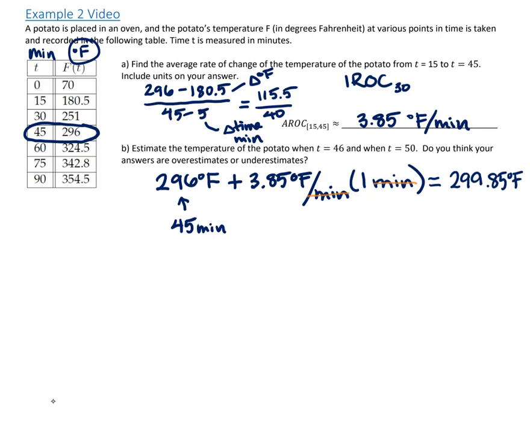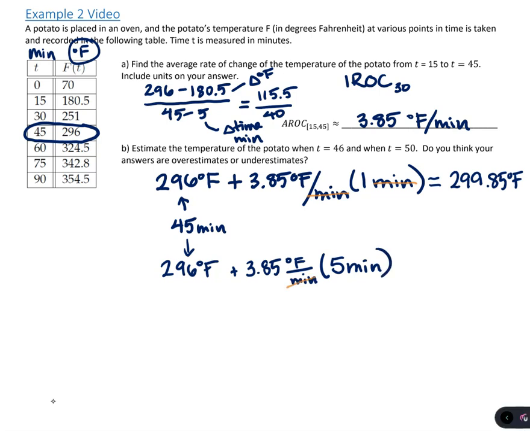Okay, we're also asked to do the same thing for t equals 50. So I would still say our closest place to start from is the 296 degrees Fahrenheit at 45 minutes. We could go over to the 60-minute time, but that's further away. So staying closer is better. And now we want to take our 3.85 degrees Fahrenheit per minute. And if we're going from 45 minutes all the way out to 50 minutes, that's 5 minutes out this time. So again, the minutes will cancel, and we're calculating 296 plus 3.85 times 5, which should give us